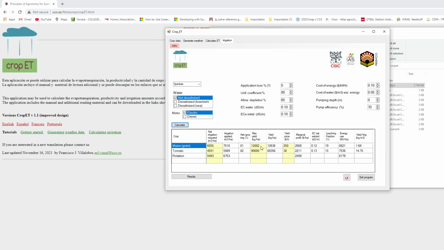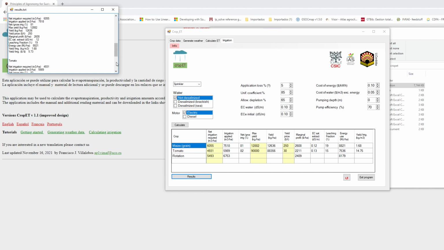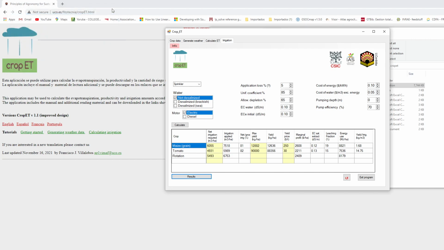The yields in the previous screen were calculated according to intercepted radiation. So sometimes they can be somewhat off. So we can always edit if we know the values of maximum yield in that area. We can then go to show results. Here a text file is created called results.txt showing the inputs and the outputs, and then we can go and